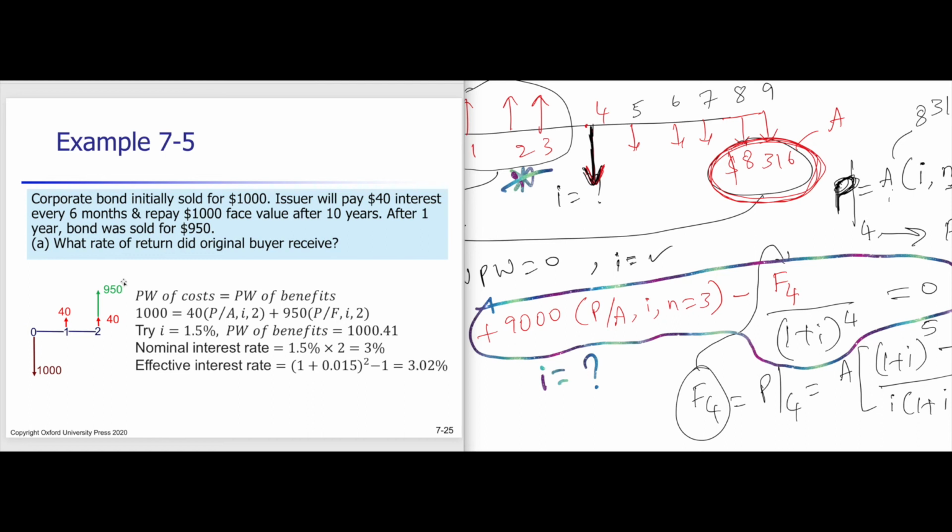So if I'm asking you what is I for this case, convert everything into P or convert everything into F. It's up to you. Let's say we're converting everything into P,